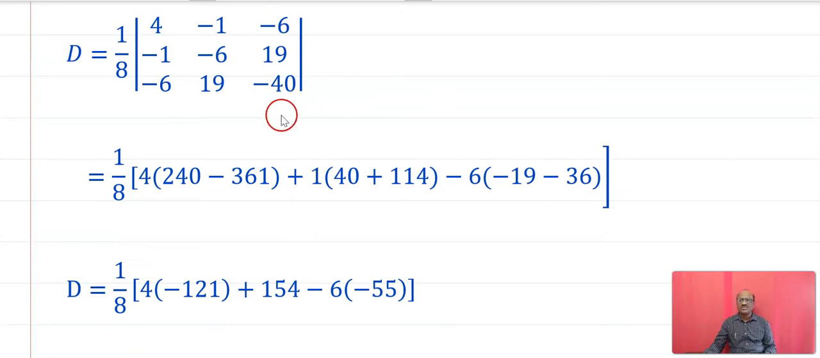And if you evaluate this determinant, that is 4 into minus 6 minus 40 minus 19 into 19, 361 plus